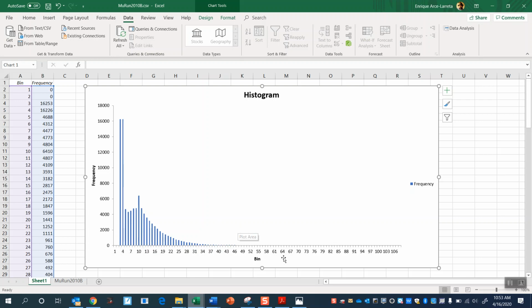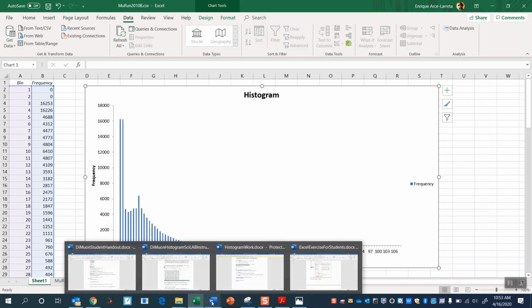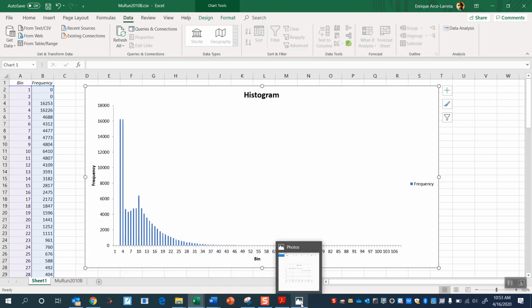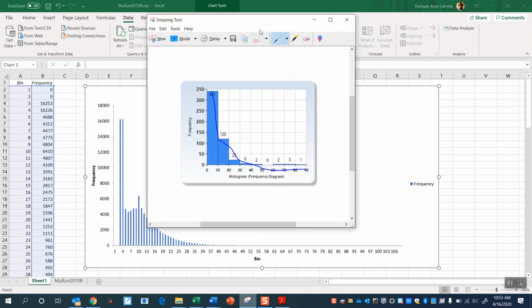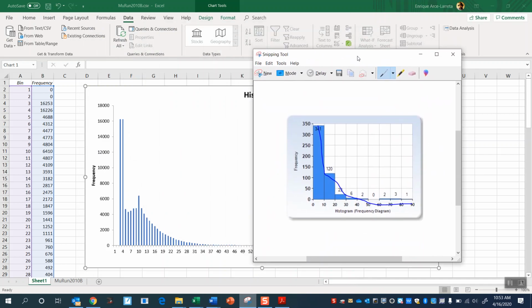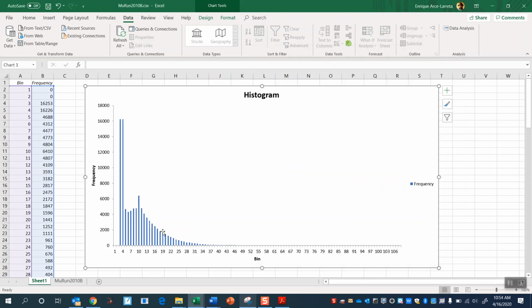So now we have 107 bins instead of like 10 bins. If these histograms are looking at the same kind of data, here's the other one, right? Nope, that's not it. Looking for my other, it's on the snipping tool. So this histogram that I cut and paste from Easy Histogram is the same data from this set, but because I've used more bins, I can actually see more of what's going on in this first region right here. This first region shows some information, and what's interesting here